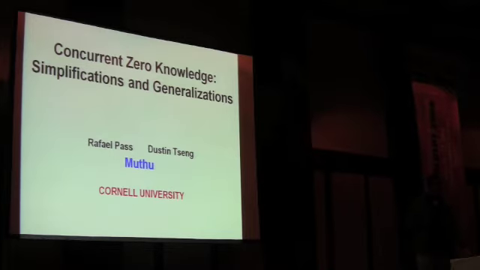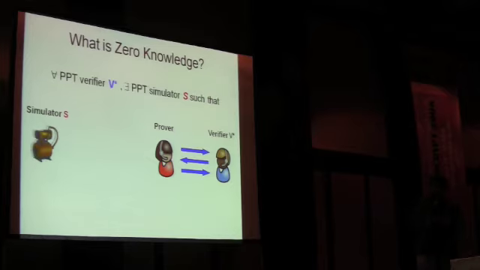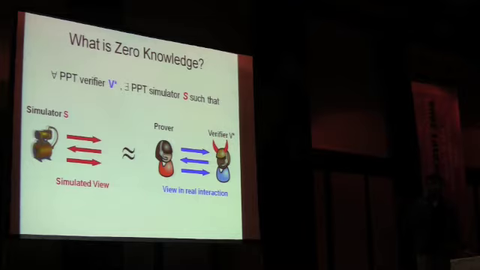As all cryptography talks start, there's Alice, there's Bob, and they talk. However, this is a theory talk, so I should probably start with saying, what is zero knowledge? In zero knowledge, you have a prover and a verifier. It says that for every verifier, there's a simulator. Did I say the verifier is malicious? So for every malicious verifier with horns, there's a simulator S, such that every view in the real interaction can be generated by a simulator